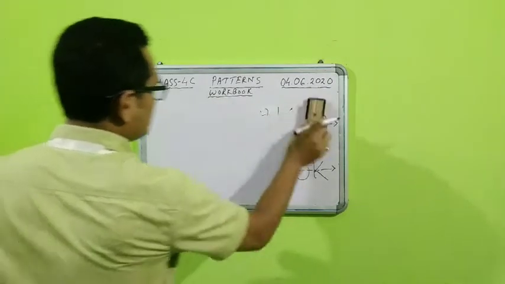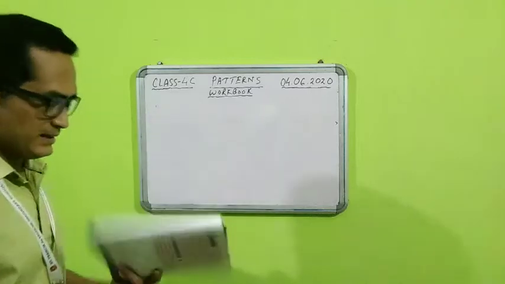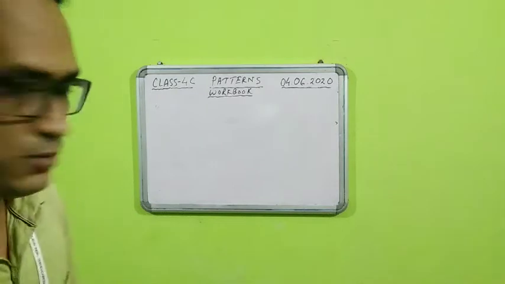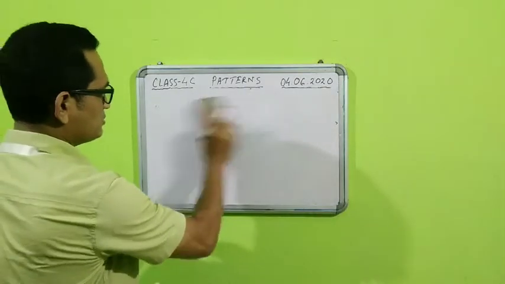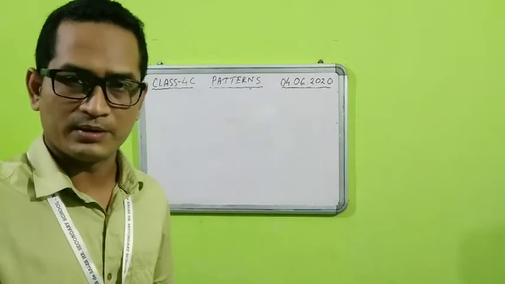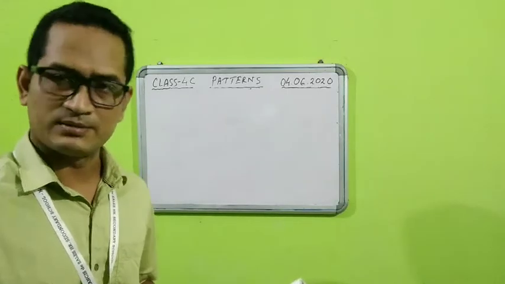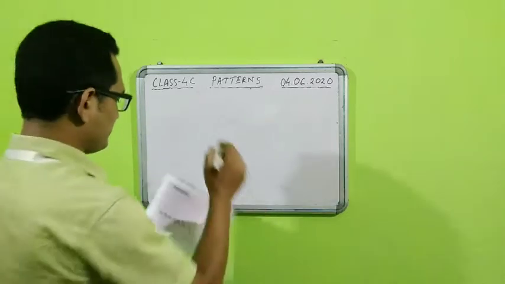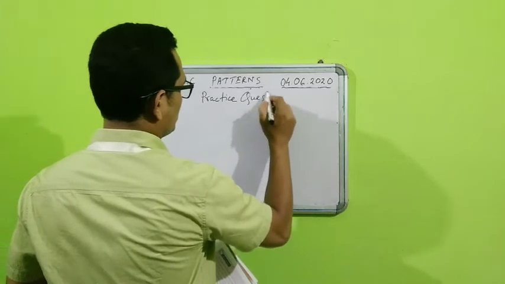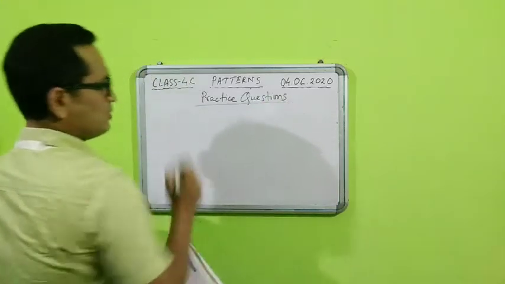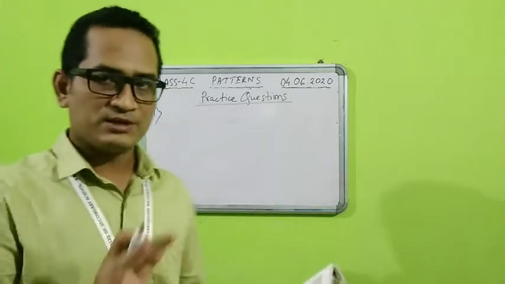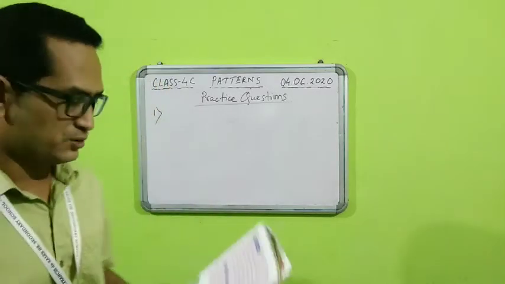Okay, so now students, let us go to the next part and turn to page number 17. Now that is about practice questions. Now students, we have to start the practice questions. These practice questions, you have to write in your school copy, because there is no space given, so you have to do it in your school copy. Fine. So let us start with the practice questions. If you see question number 1, I will give you some homework from here. So let us start from question number 1 first.